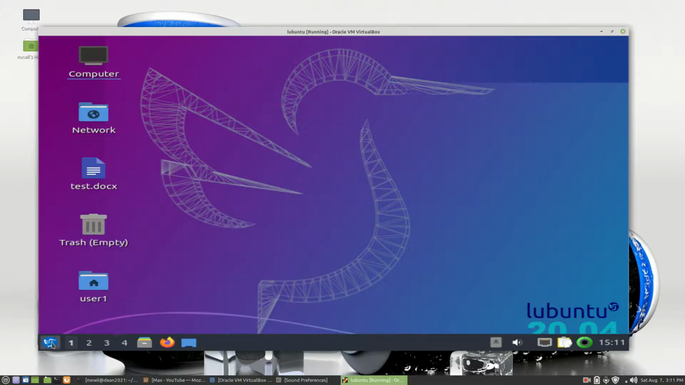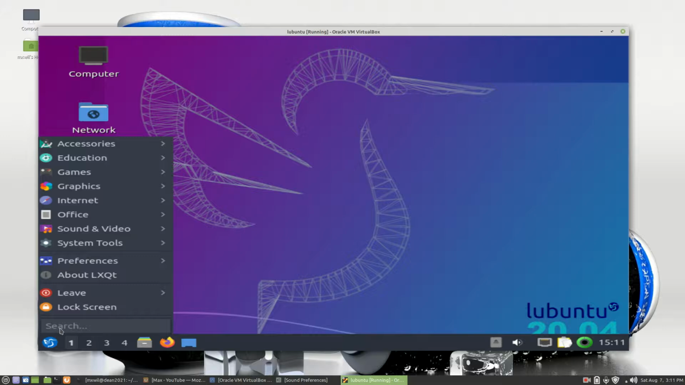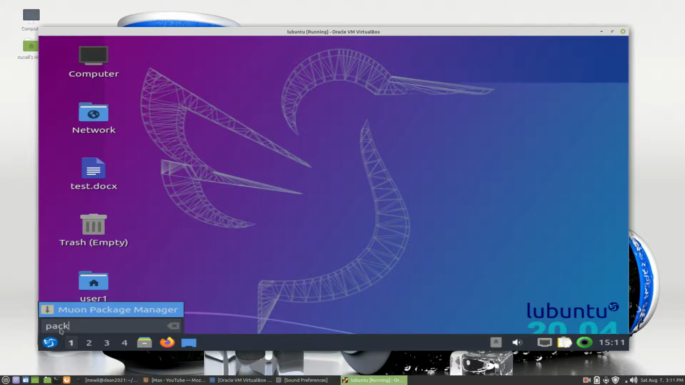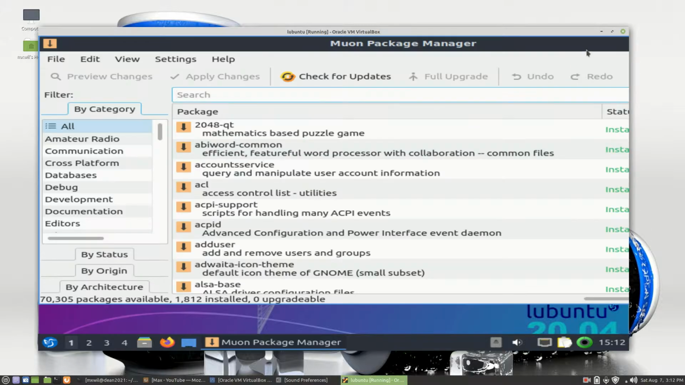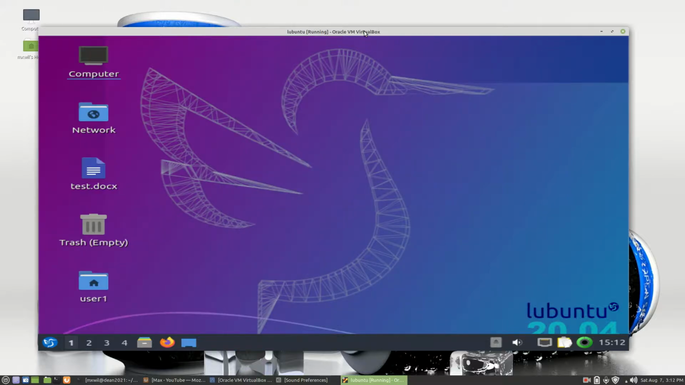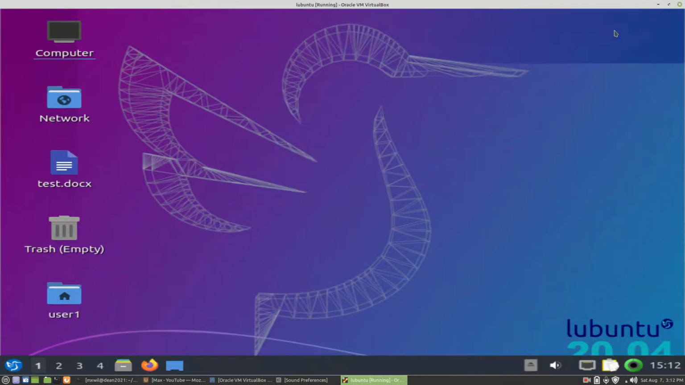Also, if you can't remember where to go and find it, you can go to the search box under the menu and then just type in package, or start to type it in, and there it is. Then you just left click on it and that opens up. So that's how you use the GUI package manager to install applications on your